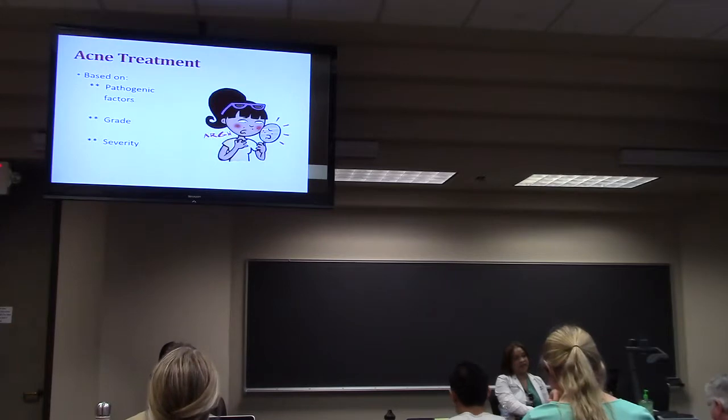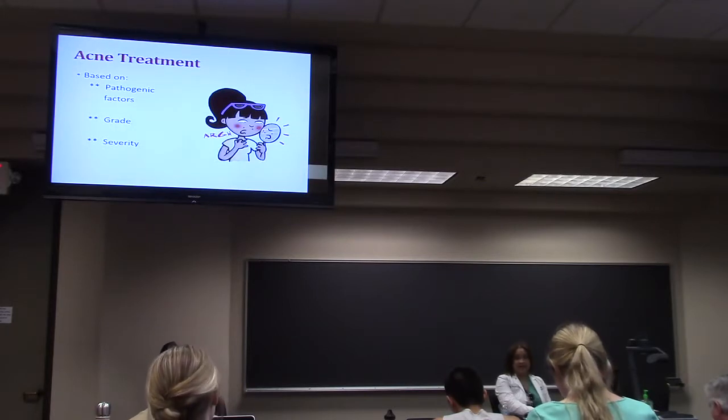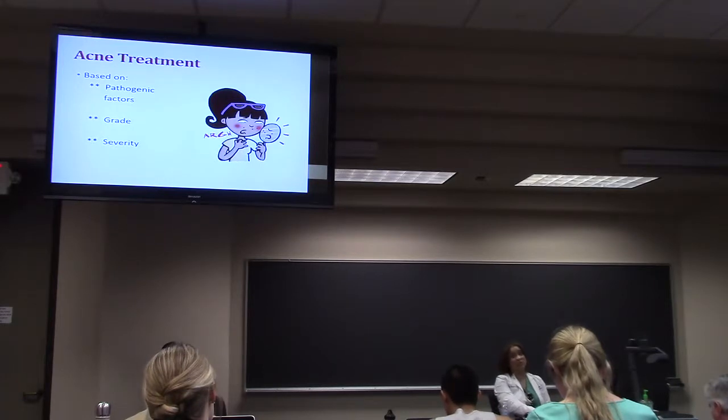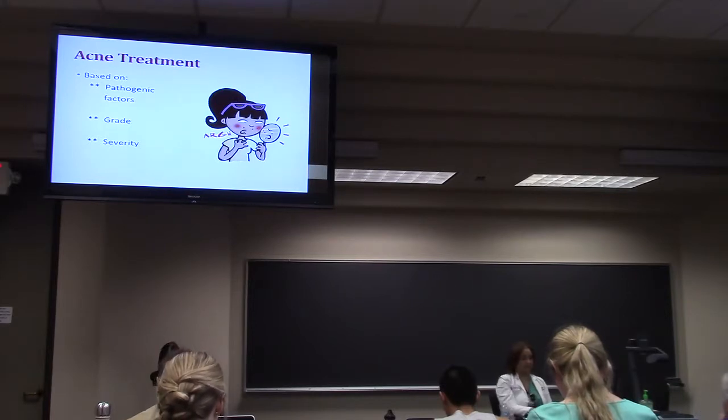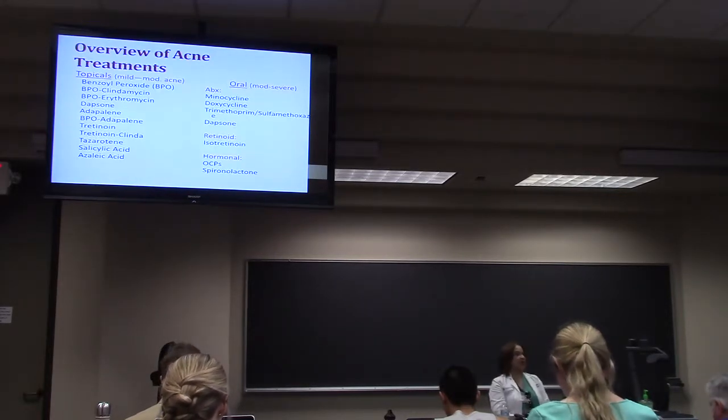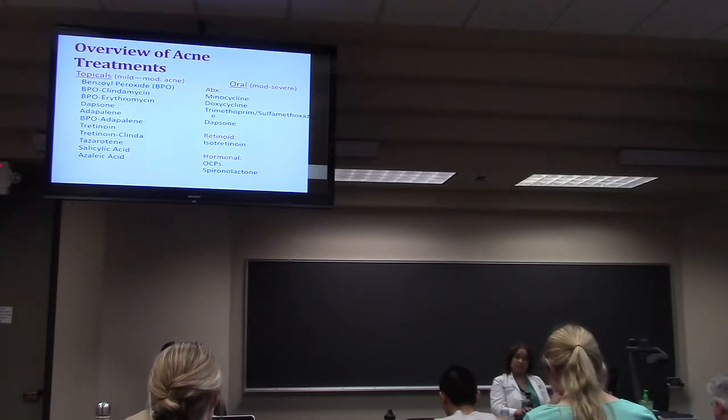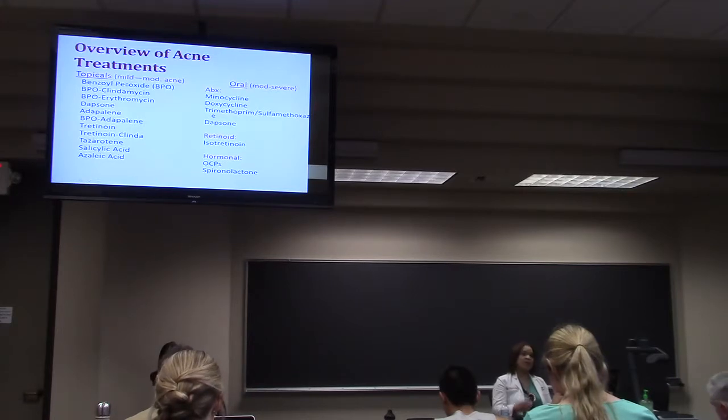And so it's based on pathogenic factors, how bad it is, the grading of it, and that's like, is it just a little open comedones only, or are we looking more into inflammatory stuff, or are we looking into scarring, nodules, cystic? Grade it. And then how severe is it? Widespread, or is it just only in the T-zone region? Sorry. So overview of acne. So we talk about mainly topicals and oral. Topicals and orals. And so for the low grades, and that means the whiteheads and blackhead stage, maybe a few